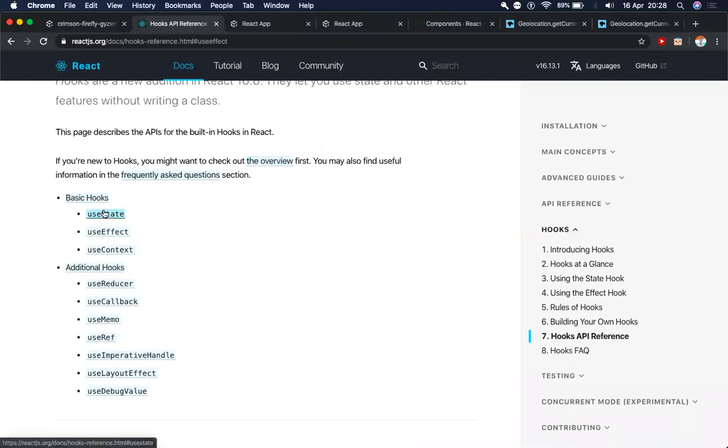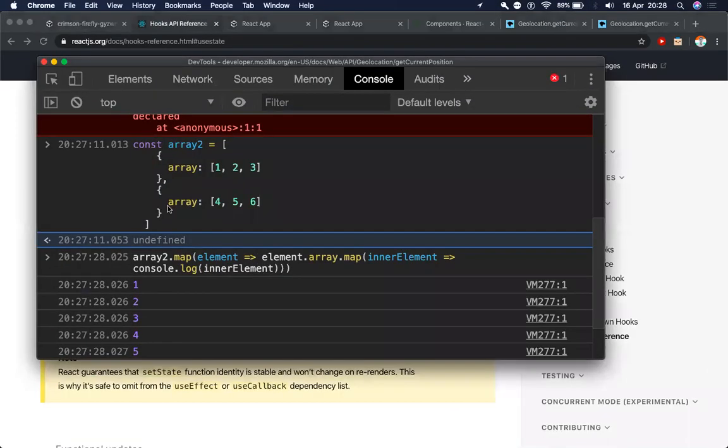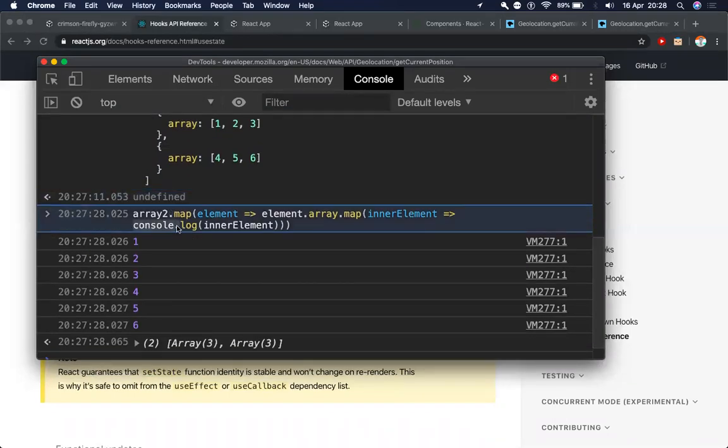So the most basic API you can call is useState. So inside of that, set state. So you want to update a timer or a counter, or you want to display to the user. So instead of console.log here, you would be pasting set state inner element over here. Okay. So I hope that solves your doubt.